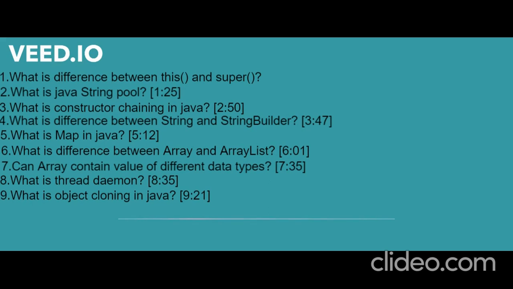Got it. And then what is constructor chaining in Java? Yeah, constructor chaining, as the name suggests, right? In a project we can have a need to initialize one class, and then depending upon that, by default call another class, and like that, a hierarchy. That can be possible, right? With the super keyword too we can do that.